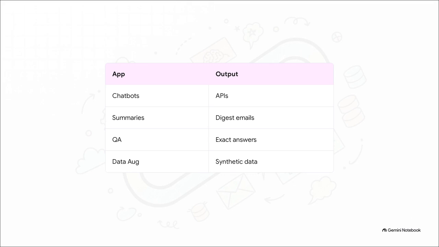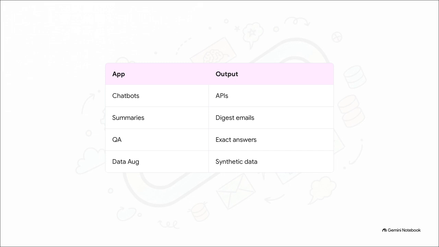Let's walk through these distinct applications so we can see the exact business output. For chatbots, LangChain allows for seamless API integration directly into your existing communication channels, complete with that vital context retention we just talked about. For summarization, language models can be chained to digest incredibly complex academic papers or even just provide a neat daily digest of your incoming emails.